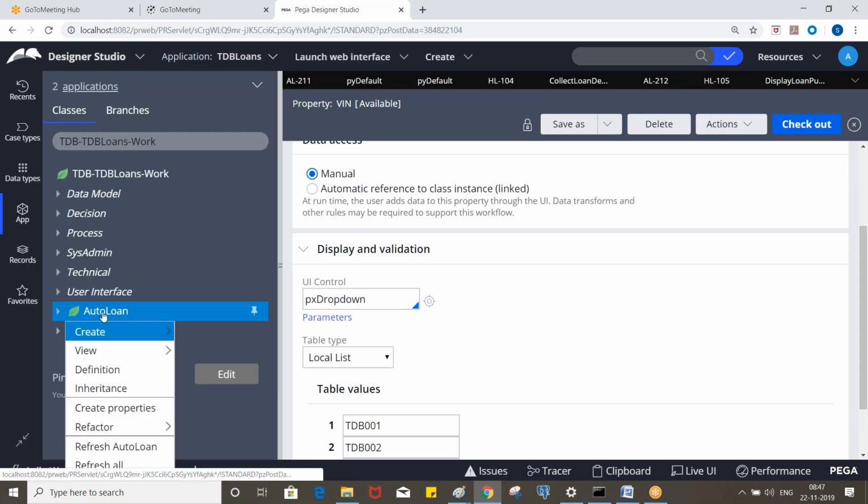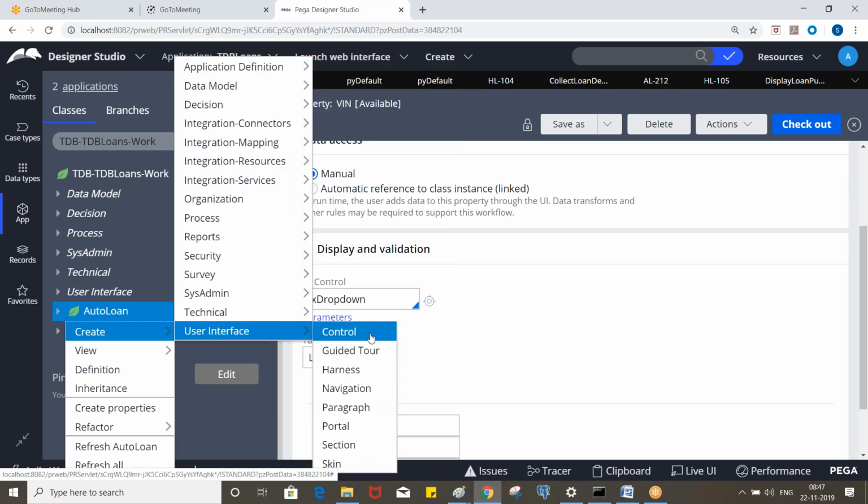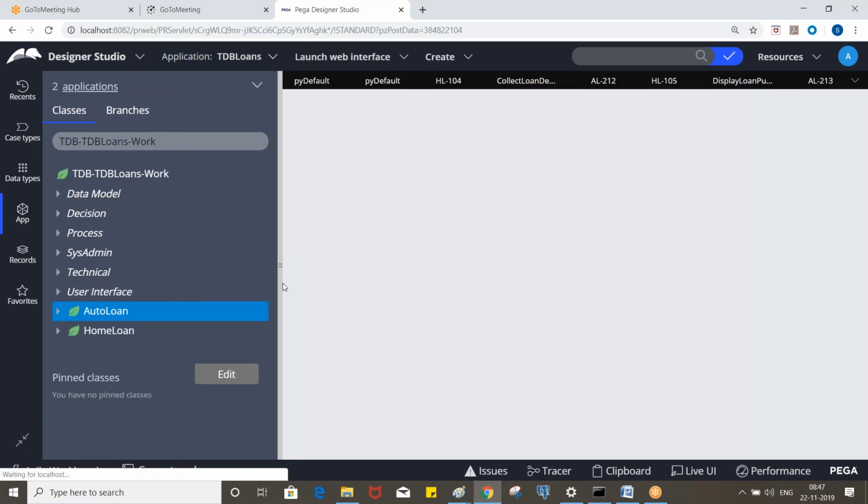So right click on the AutoLoan class, user interface section.